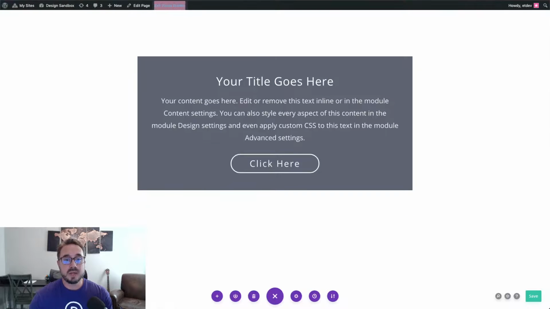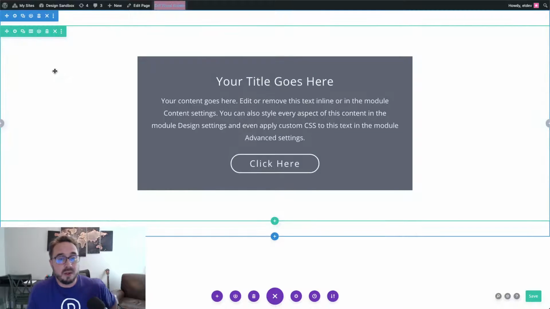So it's looking good. So that's the basics. That's how you do or add the fluid design to a Divi module. The next thing I'm going to show you is basically how to add another one on the same row if you wanted to, which is important to know. So to do this,